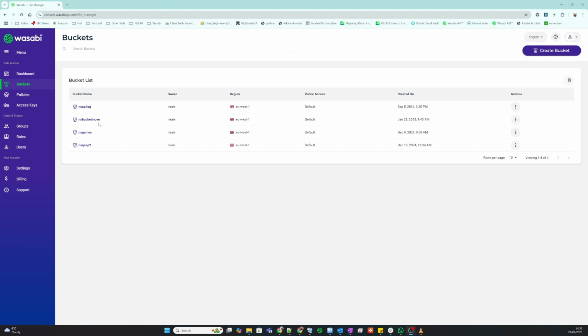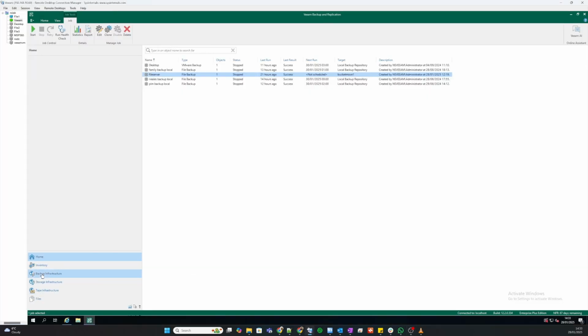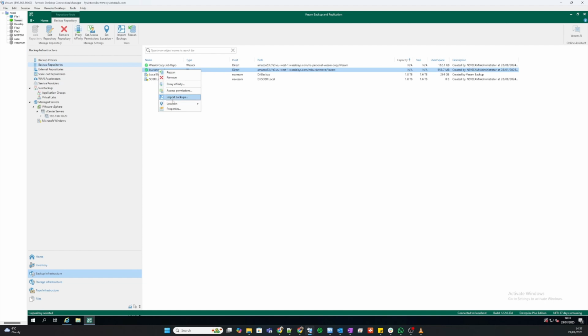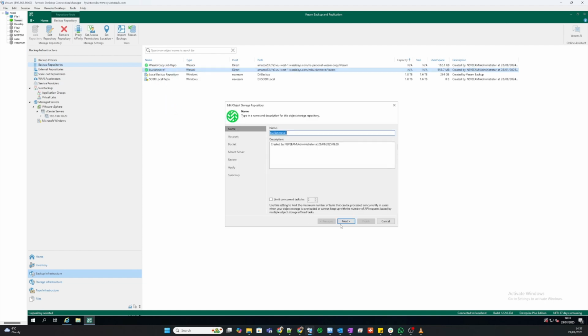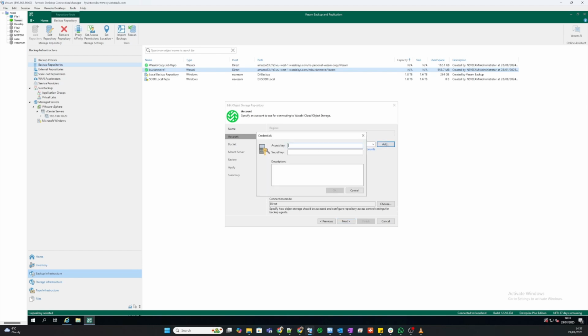So now we've got our bucket safely in the target account. We'll go back to Veeam, backup infrastructure. I'm going to edit the properties of my bucket move location, and here I'm going to add in my new secret and access key, which should be this one. Don't bother writing these down, I will delete them after this video is made. That one. Okay, so we've now got our new credentials, still EU West 1,